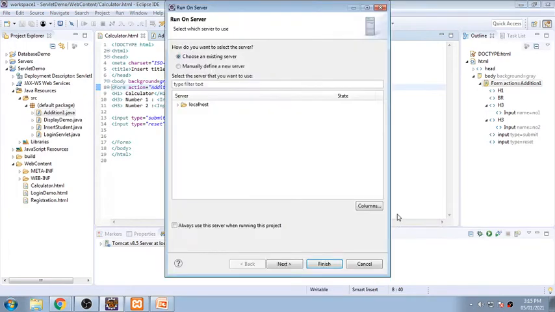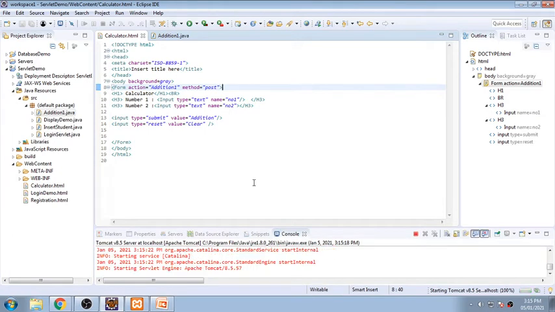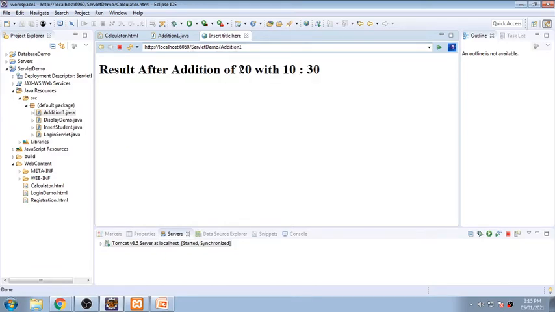Now running this HTML code again. Here I have used the post method, not the get method. So posting will be there, binding of data, encapsulation of data, and that will be hidden from the user. I am refreshing the page again, because there might be some errors. Here I am adding 20 plus 10, and in the URL it is just calculator.html. When I click on this you will see 20 plus 10 is equal to 30, but nowhere have I seen the name of a variable, that is the text box name, and nowhere have I seen the values I entered in the text box.